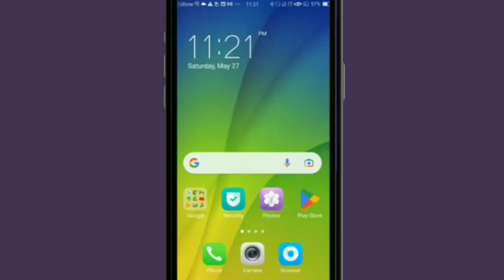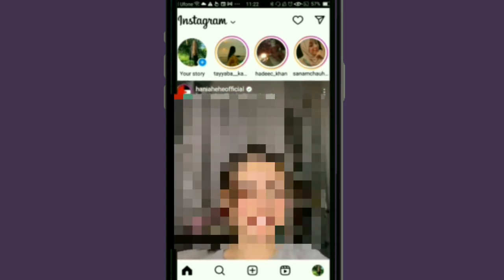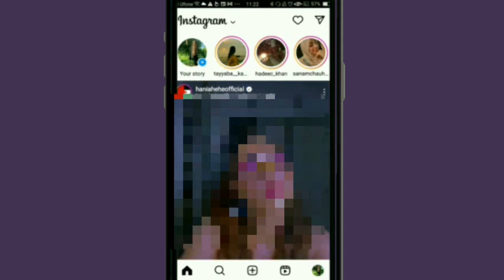Today I'm going to show you how to fix Instagram Messenger not working, so let's get into it. Open your Instagram app, and once you have opened your Instagram account, here you have to click on the go